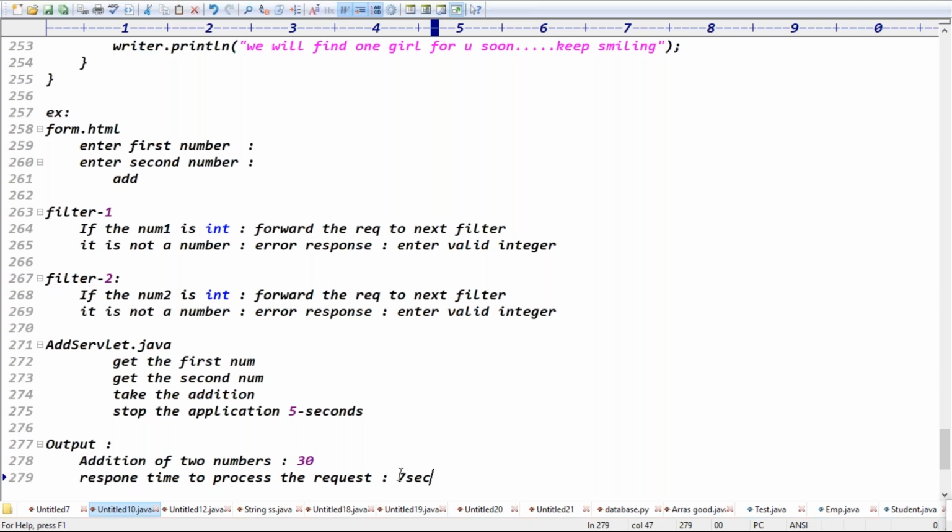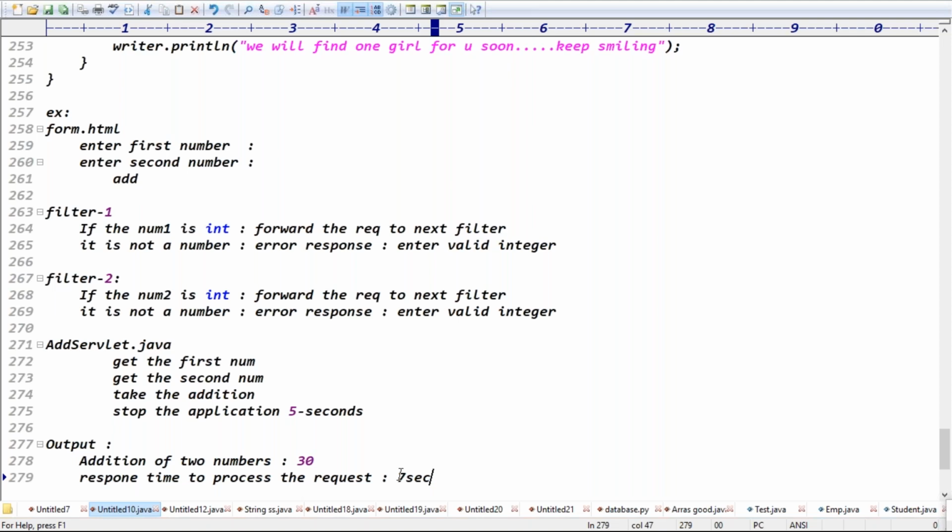So we get to see the response time, maybe 7 seconds or 4 seconds like that, right? If we didn't stop the application, maybe within nanoseconds, within 1 second itself, the request is completed, right? That's why you may not see the exact response time. That's what I'm intentionally doing. See, targets will definitely have some more logic, and to process all that logic it will take some time, right? So instead of writing the logic, I'm just saying stop the application.